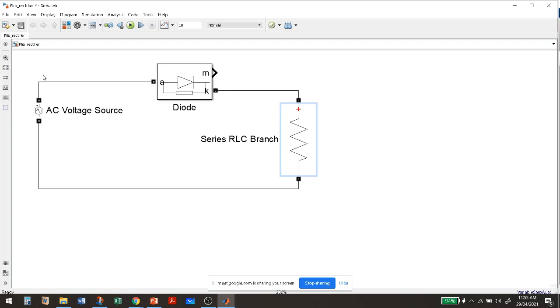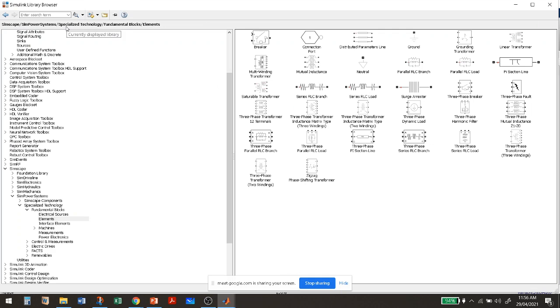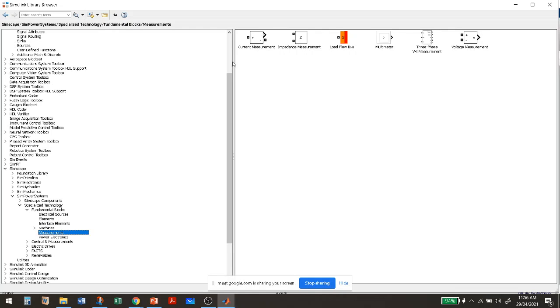The circuit is complete, but now what I wanted to do is make it a measurement. So what kind of measurement can I do? I can measure the input voltage, and then I can measure the output current, and the output voltage, these three parameters. So I need a voltmeter, and then I need an ammeter, or you can say current measurement block or voltage measurement block. Just go to the library block, then here Fundamental, then you can go for Measurement. There you will get the current measurement block and the voltage measurement block.